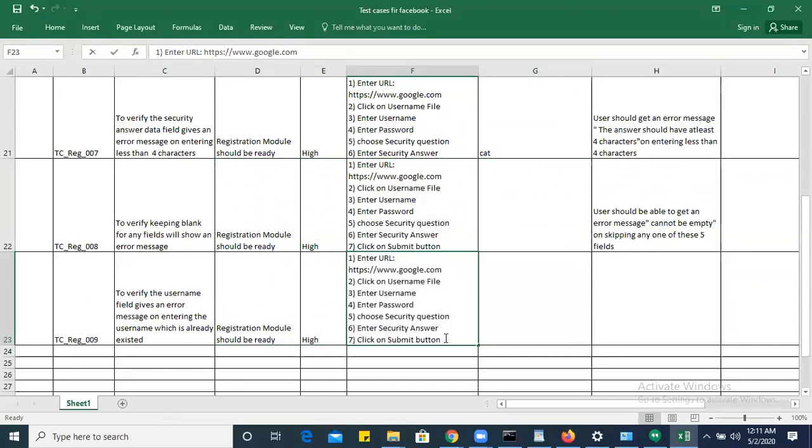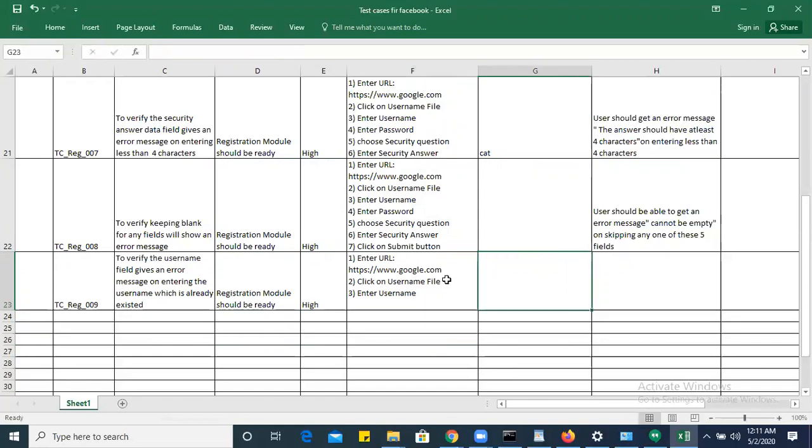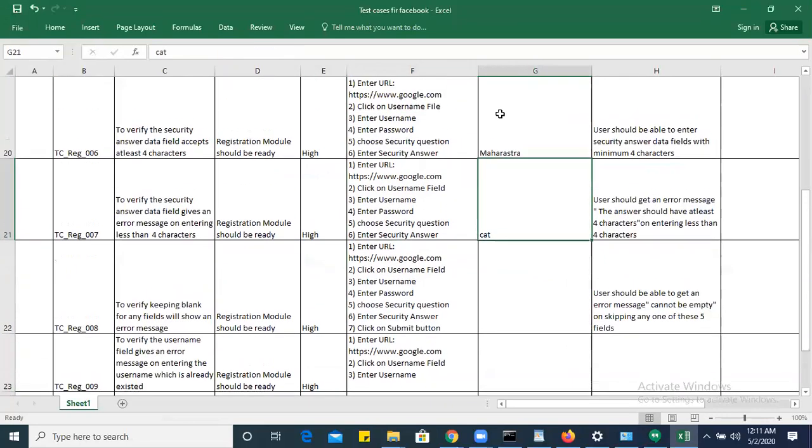So here I'll go for the first one. It is the username field, right? So username field, name. Okay.